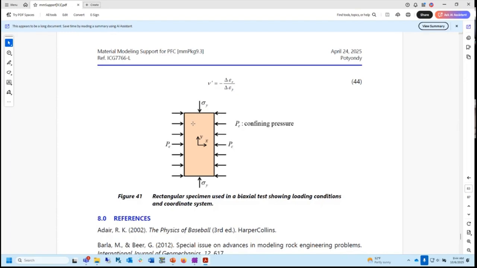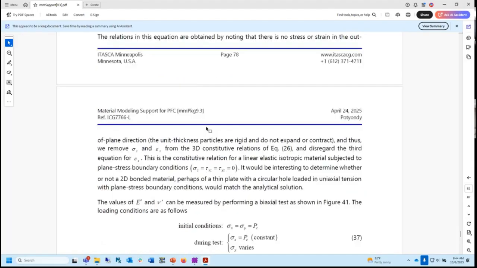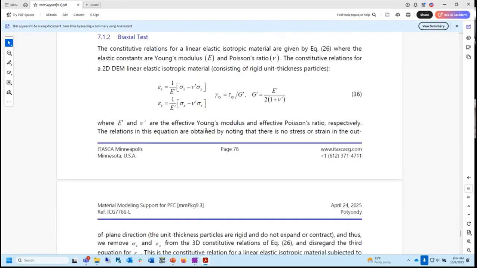And those cylinders, you could just have them sitting there, and you have nothing in the front and the back, and you could load those cylinders, and you would get some force displacement response. But you could also now put some rigid walls in front and the back, and you could load those cylinders, and it would be stiffer. You would get a different force displacement response. And so the question then arises, is a PFC 2D model, any 2D DEM model, plane stress or is it plane strain? And there is no good, fully proper answer to that, basically.